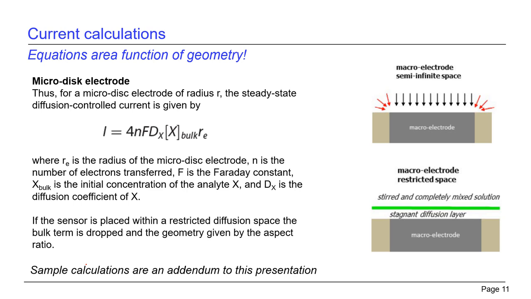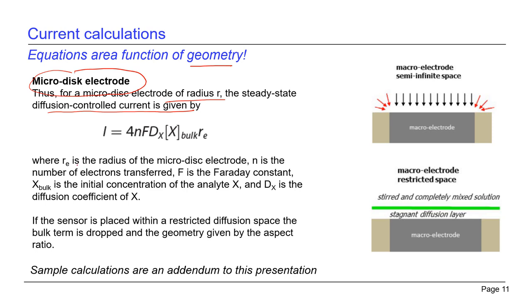As I mentioned a couple slides ago, these calculations and the characterization of the phenomena really are a function of geometry. So we talked before about that planar assumption. Sometimes people use different configurations, and one of them that seems to be popular is what we call the micro-disc electrode. So we have a disc of radius r, and then the steady-state diffusion-controlled current is given by this equation,